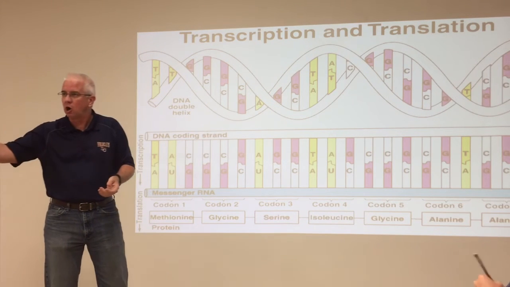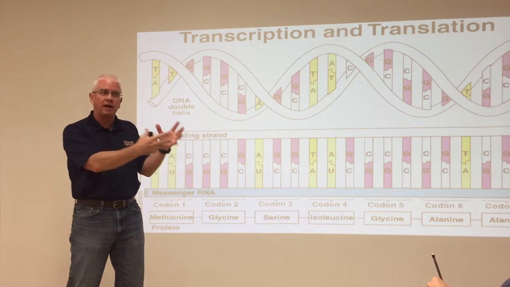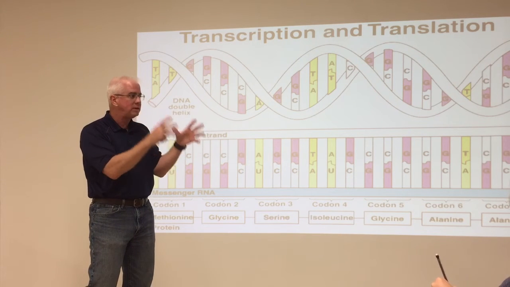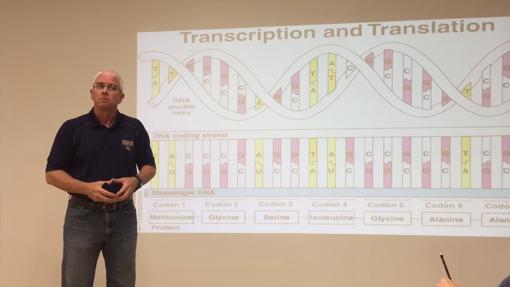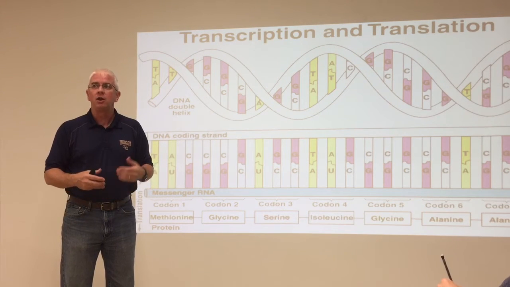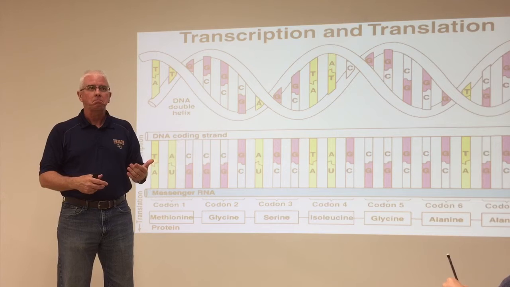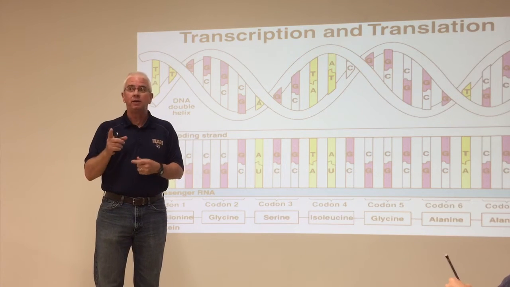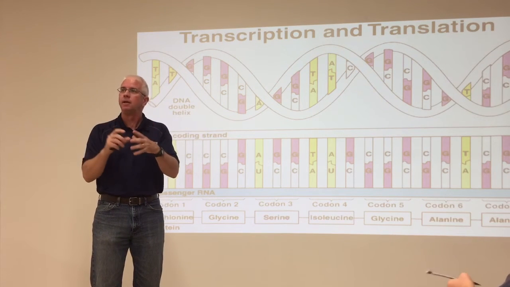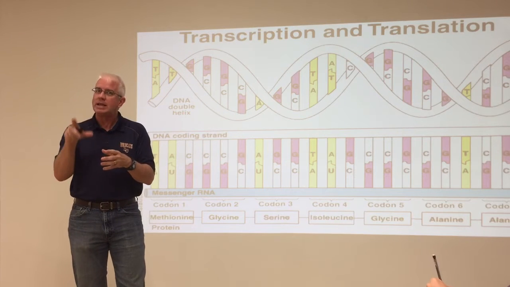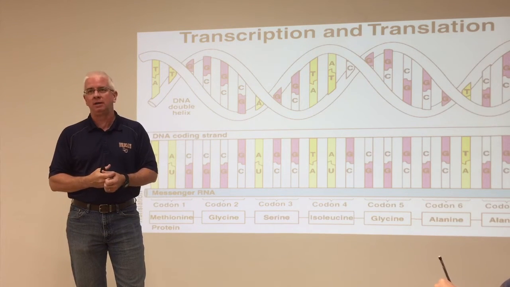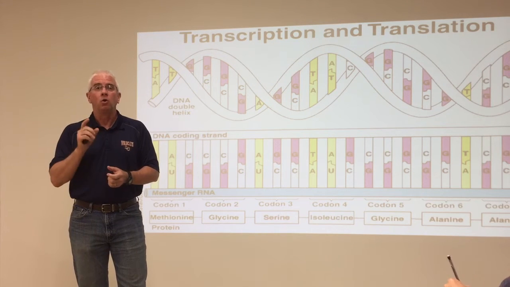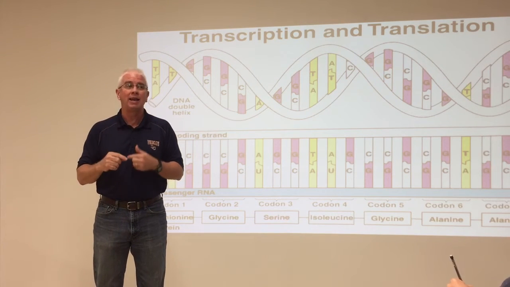So the messenger RNA now leaves the nucleus and goes out into the cytoplasm and is going to give the cell instructions. Now, as it turns out, the organelle that is going to read the transcribed message is not going to transcribe that message. The organelle is going to take the message now and translate it